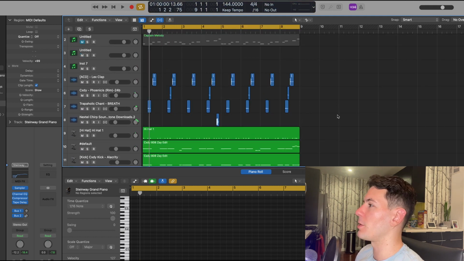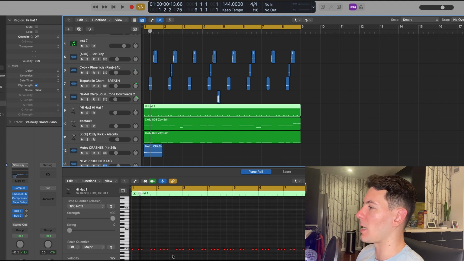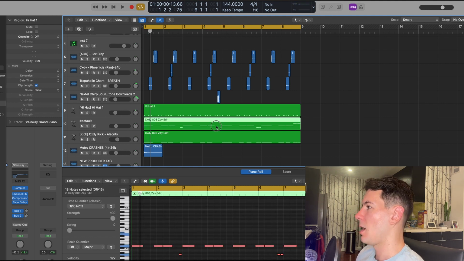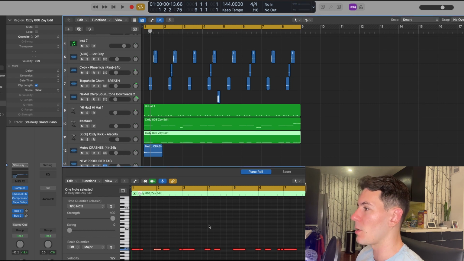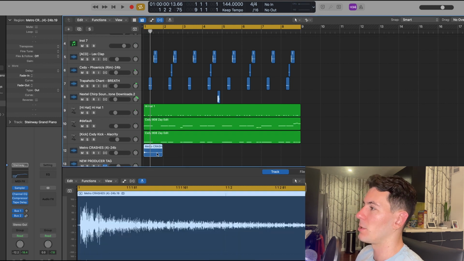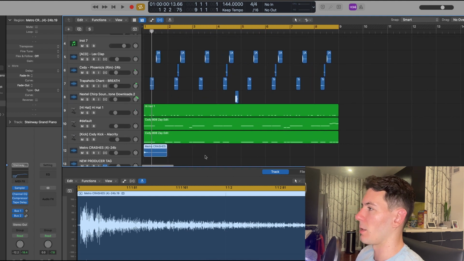All right, for the drums, I came up with this pattern. We got a basic clap, a couple perks, and some sound effects. Very basic hi-hat pattern, as you can see here. And then that Zaytoven 808 that I mentioned, very basic pattern that just basically follows the notes in the melody, a kick that goes along with it, and then just a simple crash. So all together, the drums sound like this.